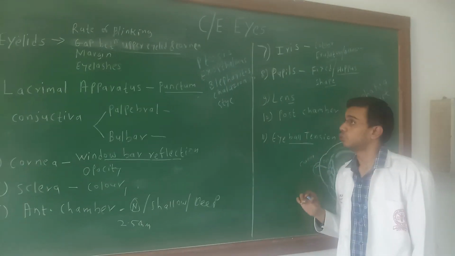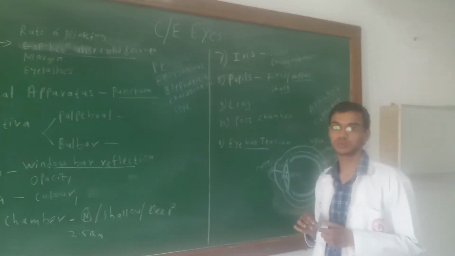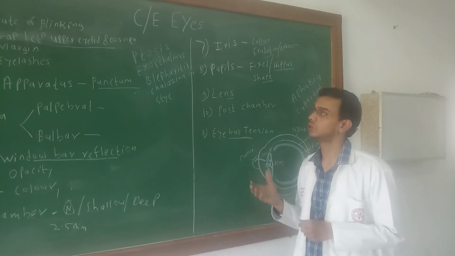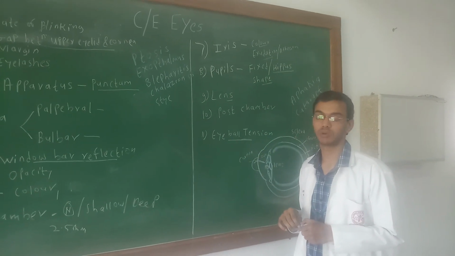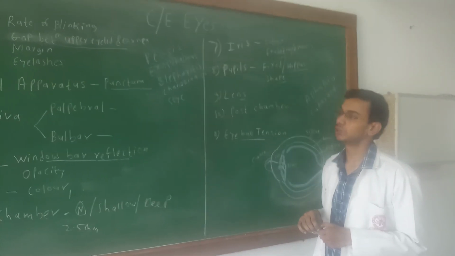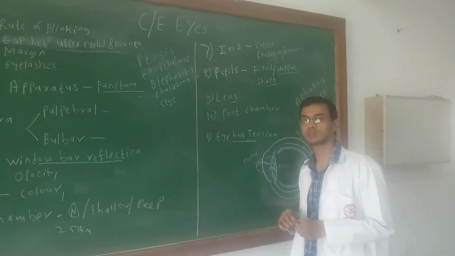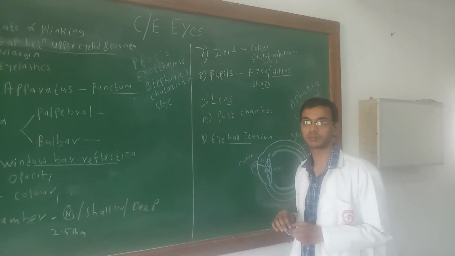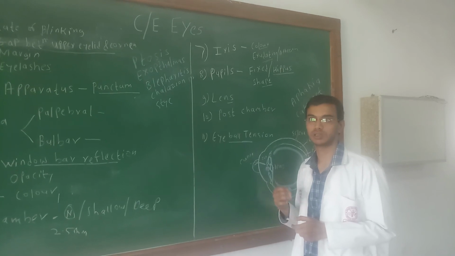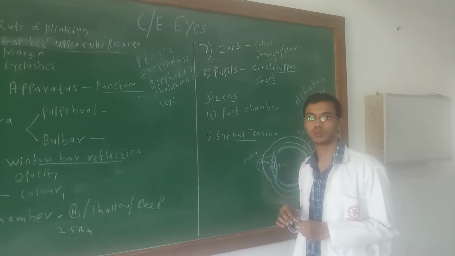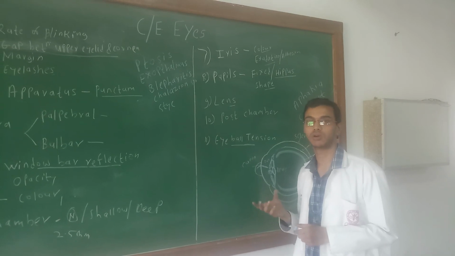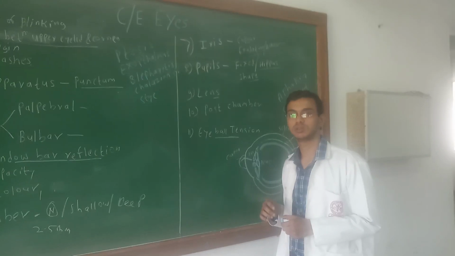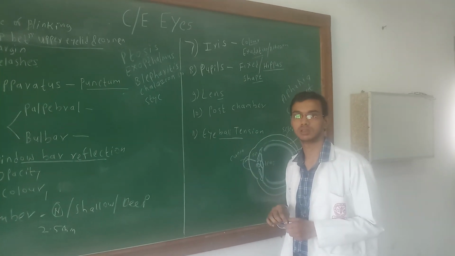Now, what are the complaints or symptoms suggestive of involvement of the eye, with which the patient comes to you? The first and most common is diminution of vision, which can be seen in myopia and hypermetropia. Then pain in the eye or surrounding the eye, which can be seen in glaucoma, foreign body, or trauma to the eyeball. Then blurring of vision, which can be seen in nystagmus or squint.